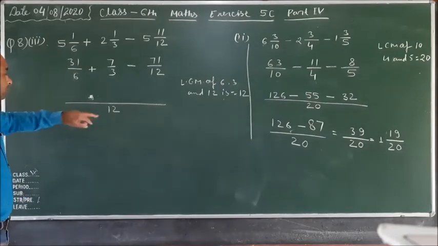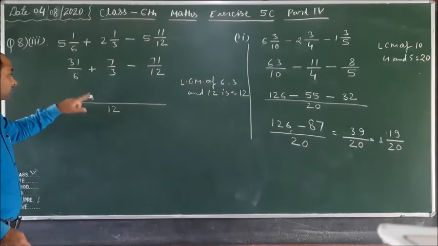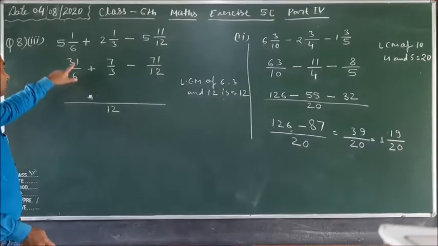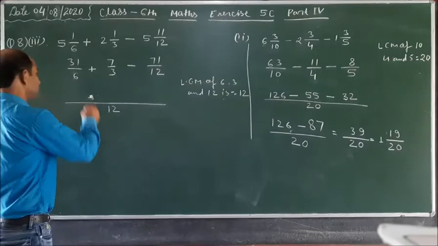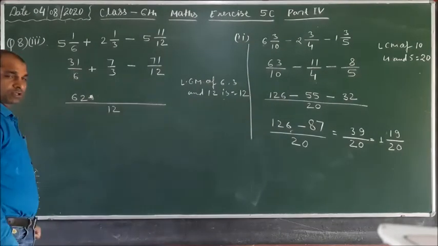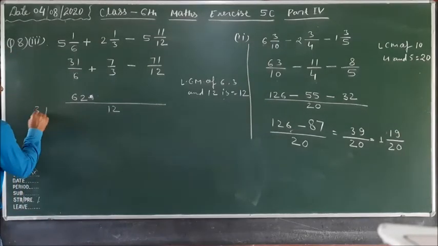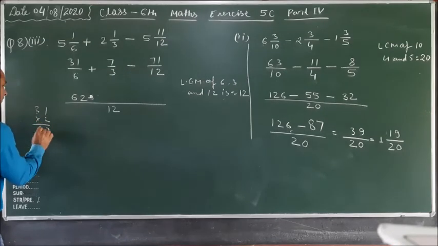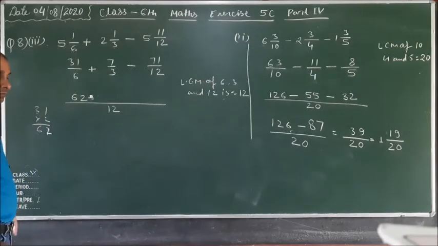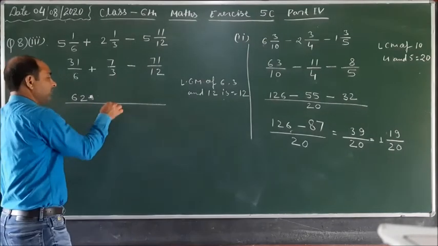Now 12 divided by 6, the quotient is 2. 6 2s are 12. 2 multiplied by 31. So 2 1s are 2, 2 3s are 6. Okay? Now you multiply 31 multiplied by 2. 2 1s are 2 and 2 3s are 6. 62. Okay? Now 3 4s are